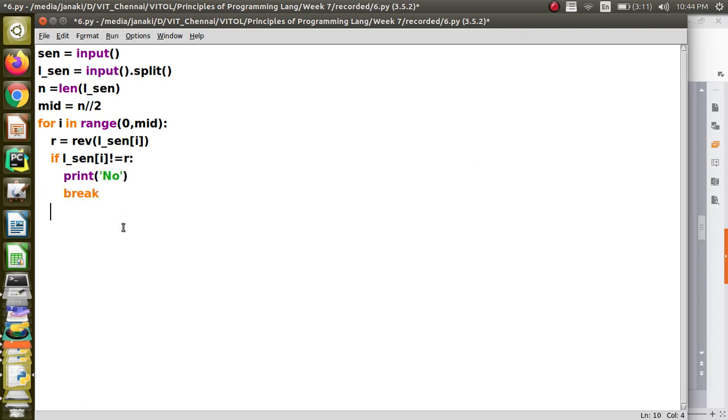If it is equal, then it will be continuing, and what I can do is I can write an else for. In Python we can write an else for. This else part will work when the loop was not broken, when it is a normal exit. When it is a normal exit and the loop was not broken, we can understand that all the words were in proper condition. That is, the first word was reverse of the last one, second was reverse of the previous one, and so on, right? So it is a palindrome sentence, so you can print yes, done.